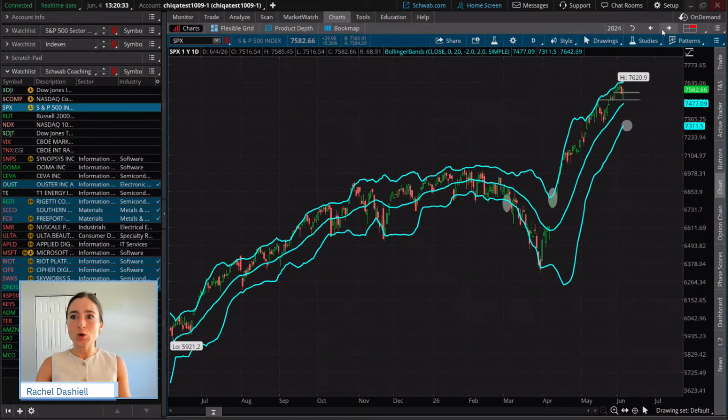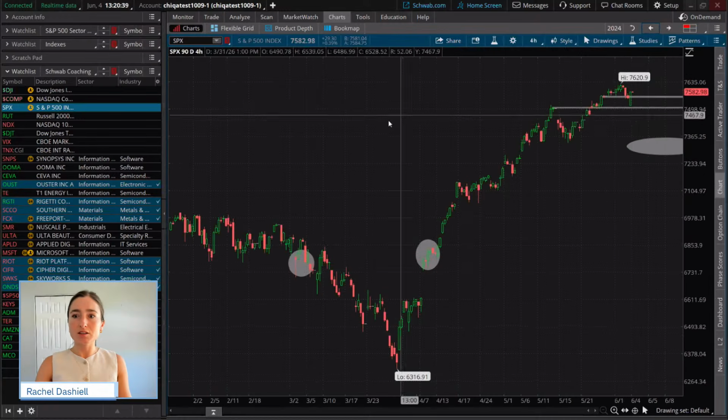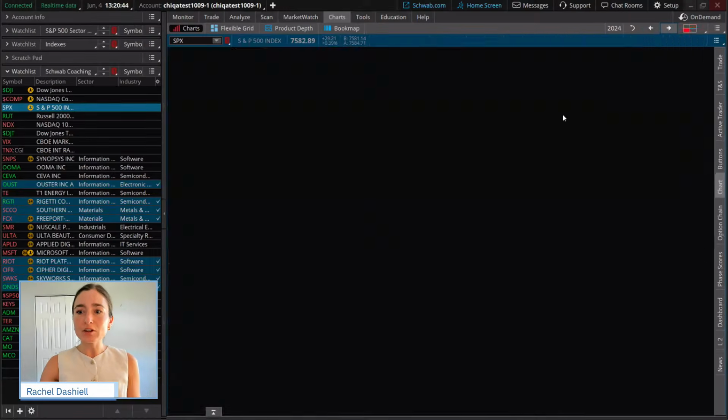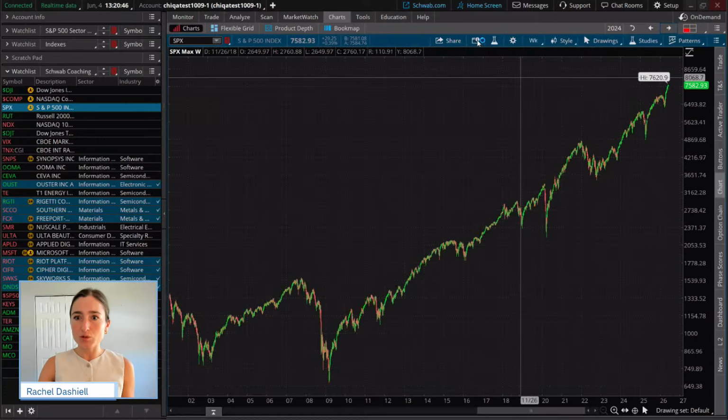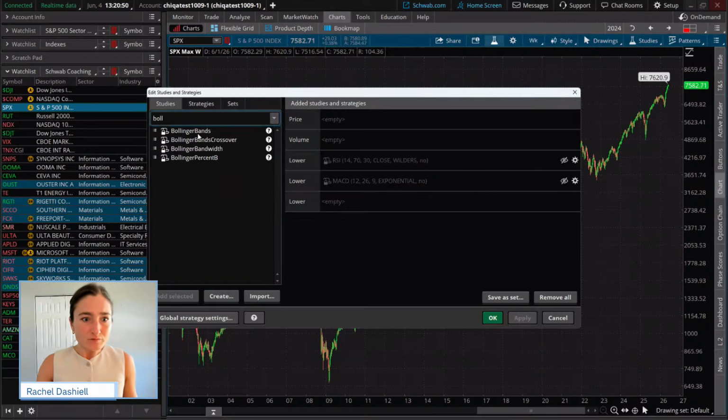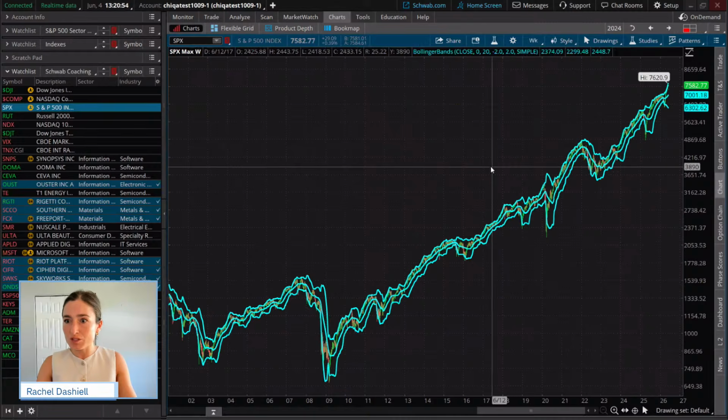Yes, you can. So you're kind of getting into one of the other questions that we touch on in this class, which was part of the agenda, is looking at multiple time frames. So you can most definitely use these indicators on multiple time frames. I'm going to look at the Bollinger Bands on a weekly for the S&P 500, and we'll talk through some signals on that one too.